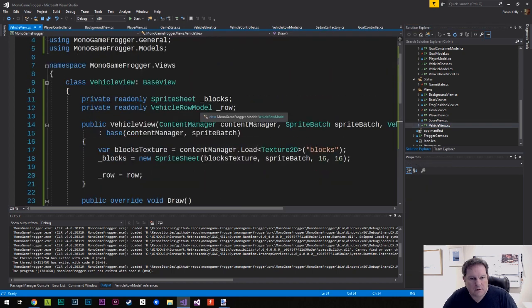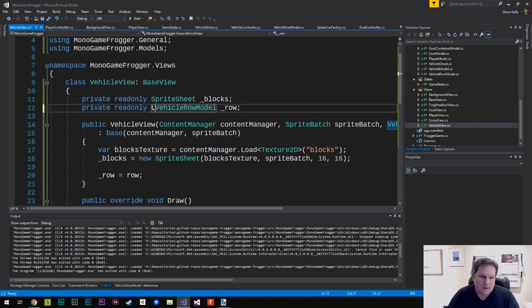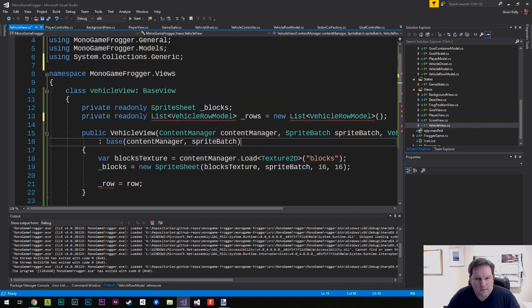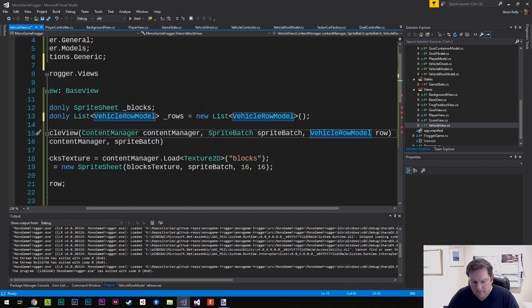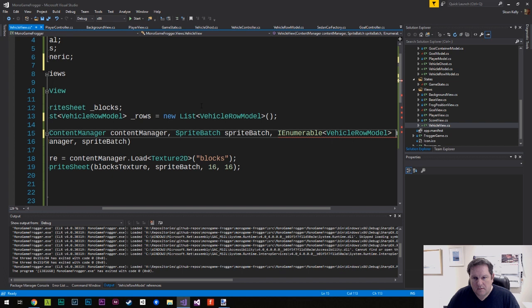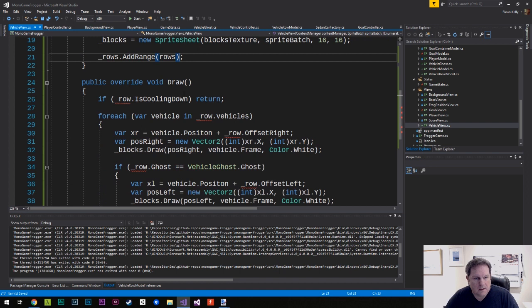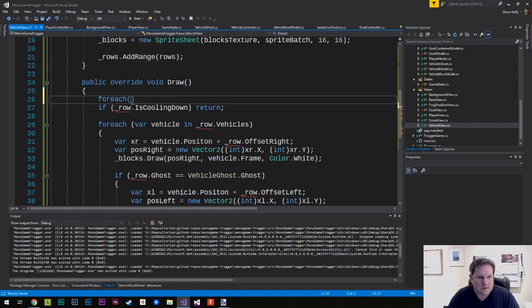So this is going to be a list. rows equals new rows. Enumerable rows dot add range rows,